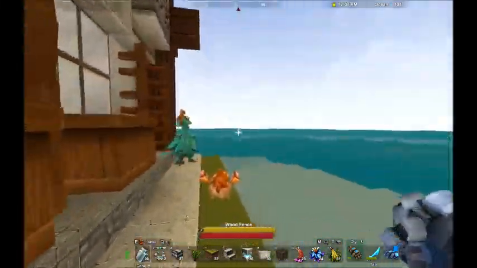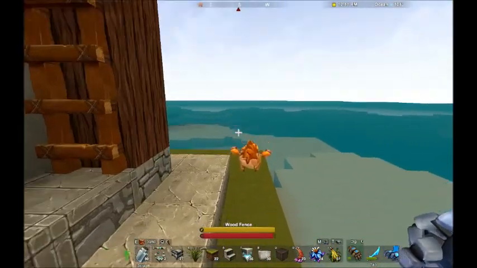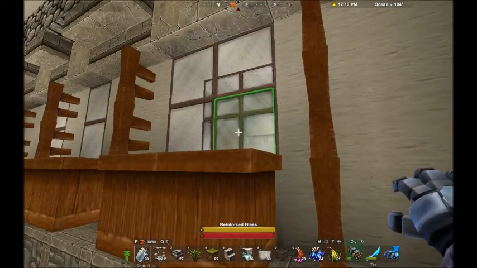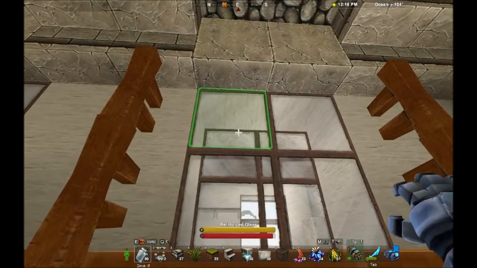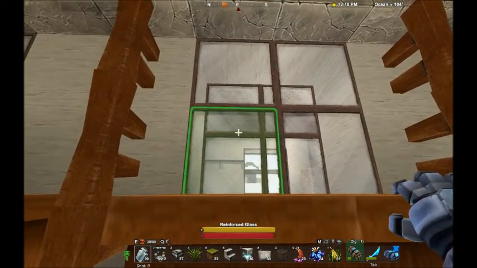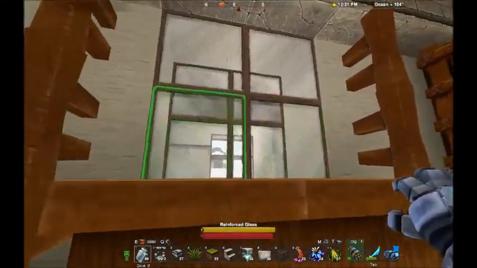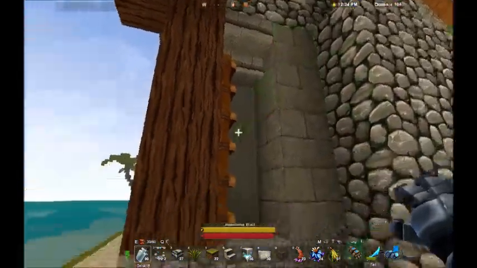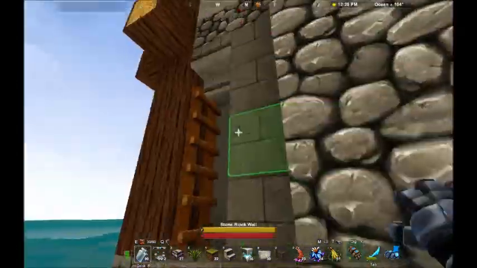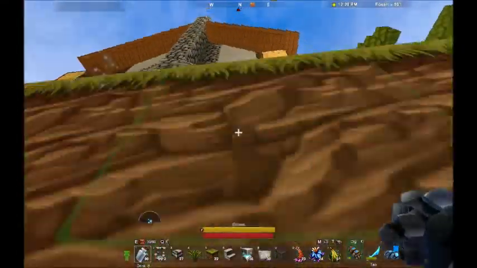It's again made out of mostly readily available materials. The reinforced glass does take iron, but I don't see any reason why, if you're struggling for iron, that you couldn't replace those with maybe wooden framed windows, which would look equally nice and would give it a different character to it. Nice details here with the fireplace,